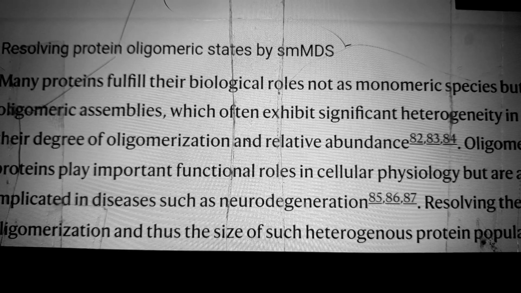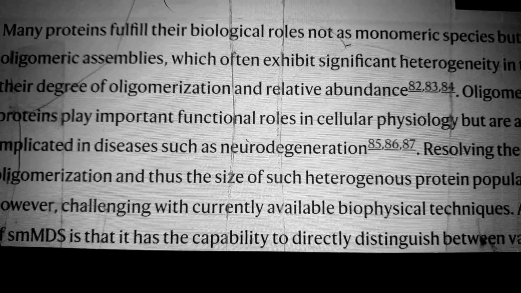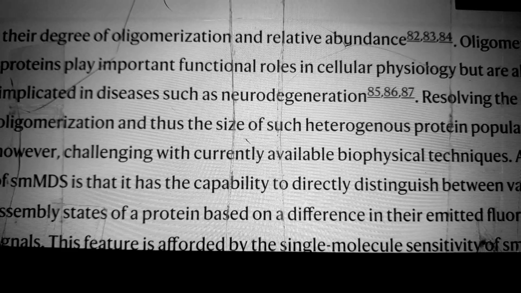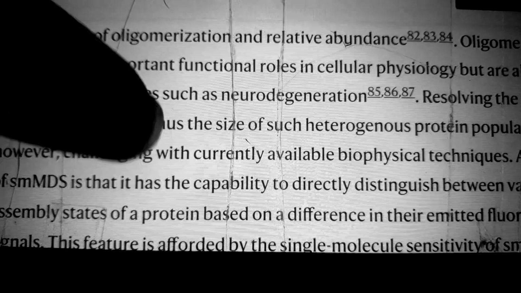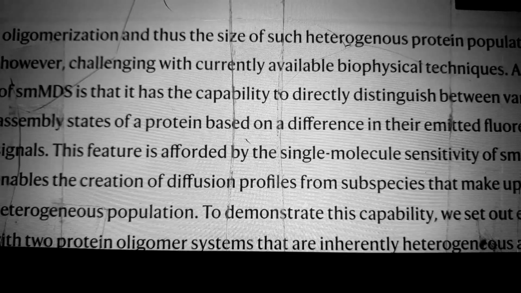Resolving protein oligomeric states by SMMDS. Many proteins fulfill their biological roles not as monomeric species but as oligomeric assemblies, which often exhibit significant heterogeneity in terms of their degree of oligomerization and relative abundance. Oligomeric forms of proteins play important functional roles in cellular physiology, but are also implicated in disease such as neurodegeneration. Resolving the degree of oligomerization, and thus the size, of such heterogeneous protein populations is, however, challenging with currently available